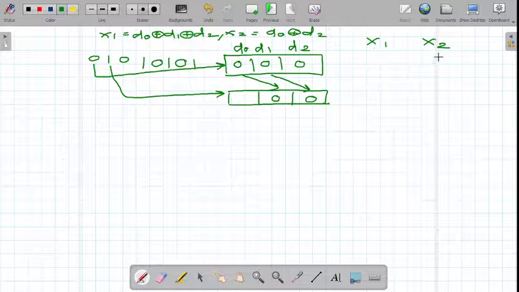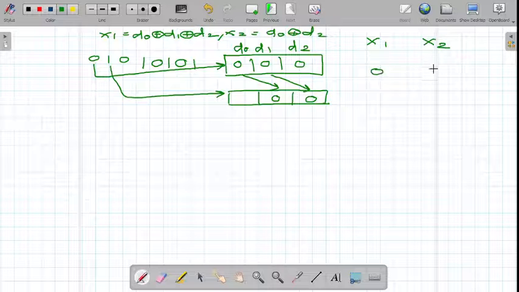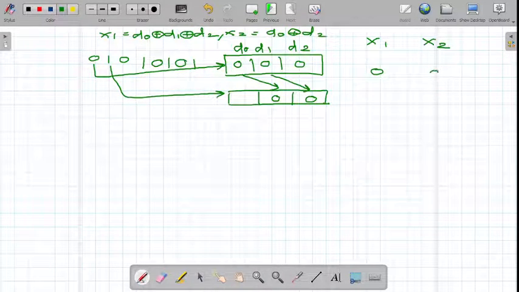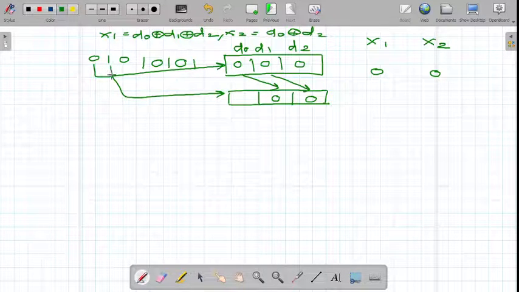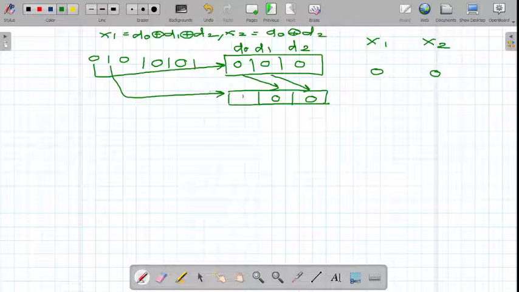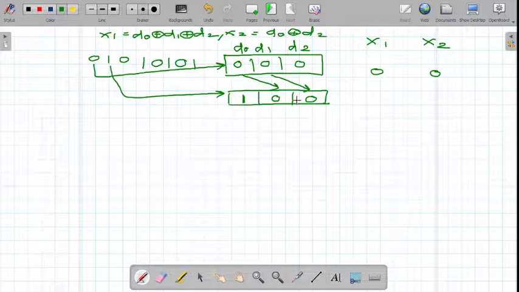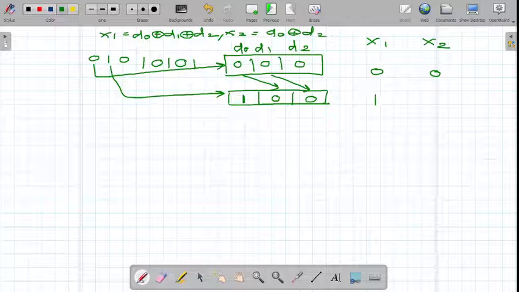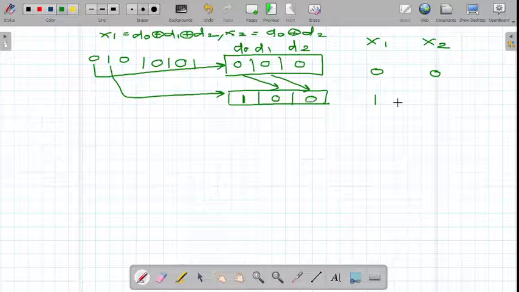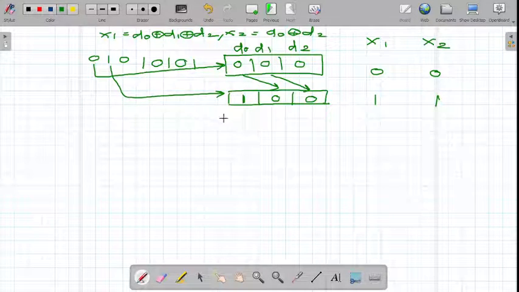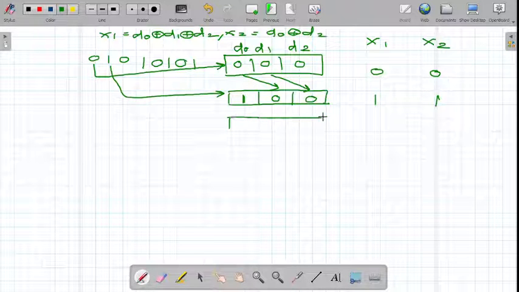Now what are x1 and x2? The XORing of all the bits is 0, and x2 is D0 XOR with D2, therefore 0 XOR with 0 is 0. When bit 1 is shifted here, bit 1 enters into the D0 register in the second clock cycle, then 1 XOR with 0 is 1, and again 1 XOR with 0 is 1, and 1 XOR with 0 is 1. Now in the next clock cycle,